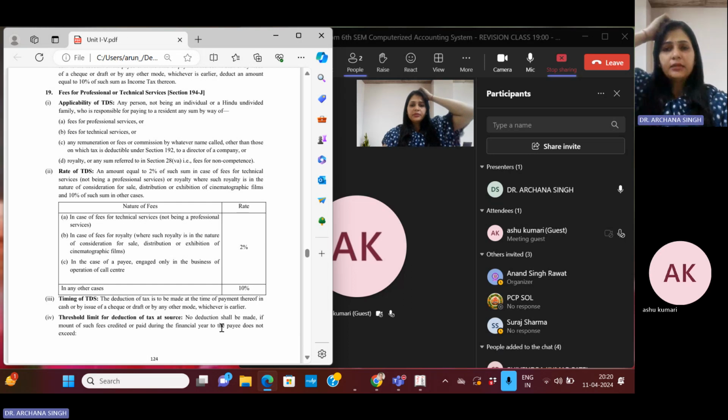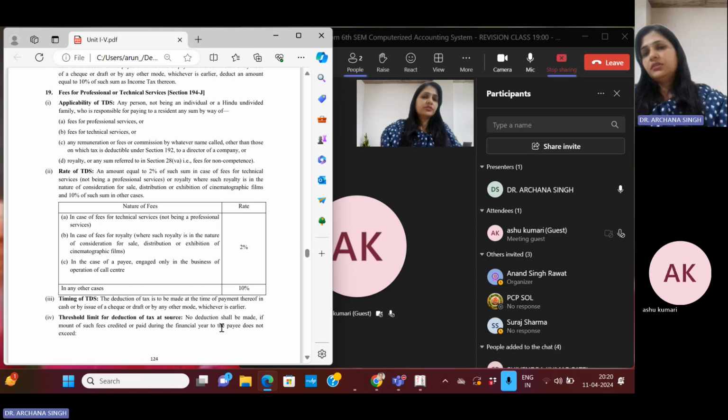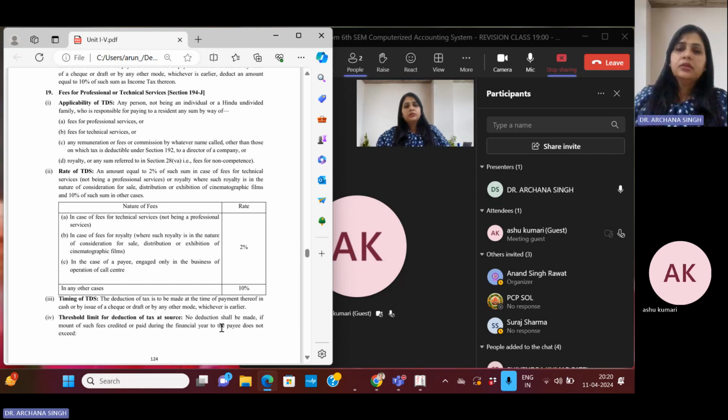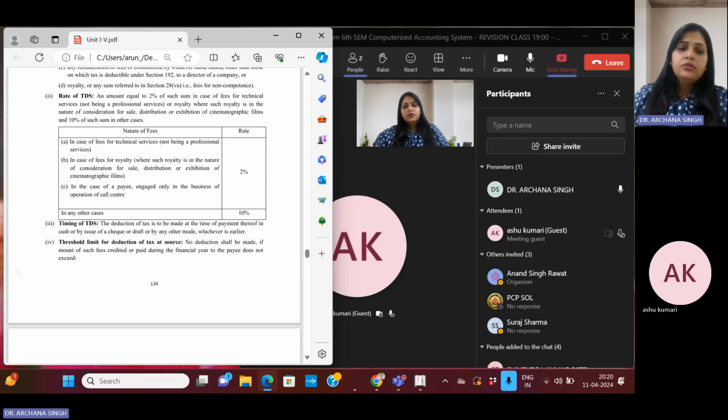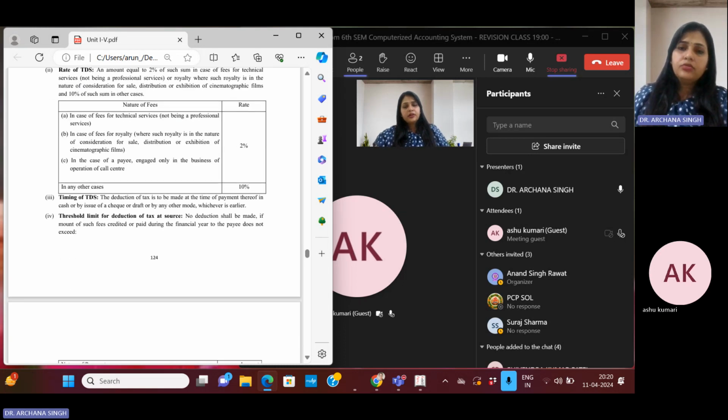And what will be the timing? It will be when you are making the payment thereof, so through check, cash or any other mode, that would be the timing of deducting TDS when you are making payment. And threshold limit is what? No deduction shall be made if amount of such